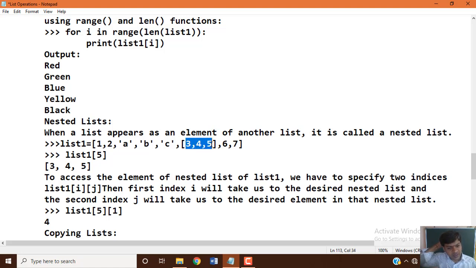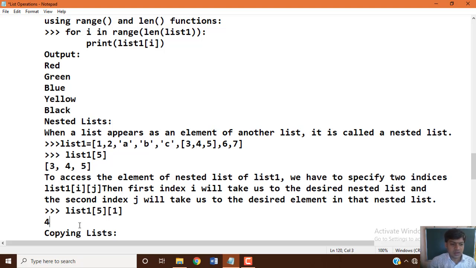This is another list which is included within the list. Now 5 is the inner list. Index 5, 0 means 3, and 5, 1 means 4. The output would be 4, which is why we got 4 here, as you can see clearly. And 5, 2 means we will get 5 as an output.